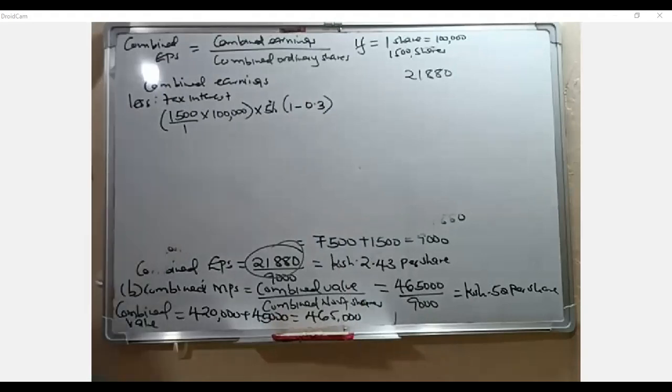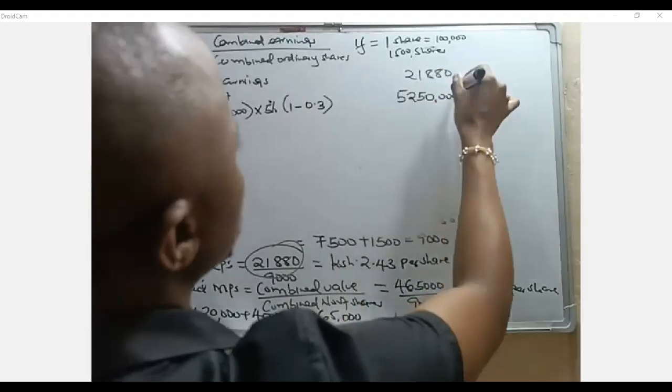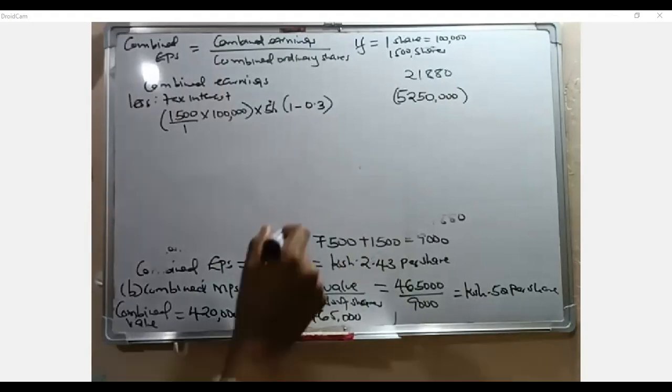So it will be 1,500 times 100,000. Then you multiply by 0.05. Then you multiply by 0.7, right? We are going to be getting 52,50,000. Now, when you look on the combined net earnings, that is why you are normally cautioned,